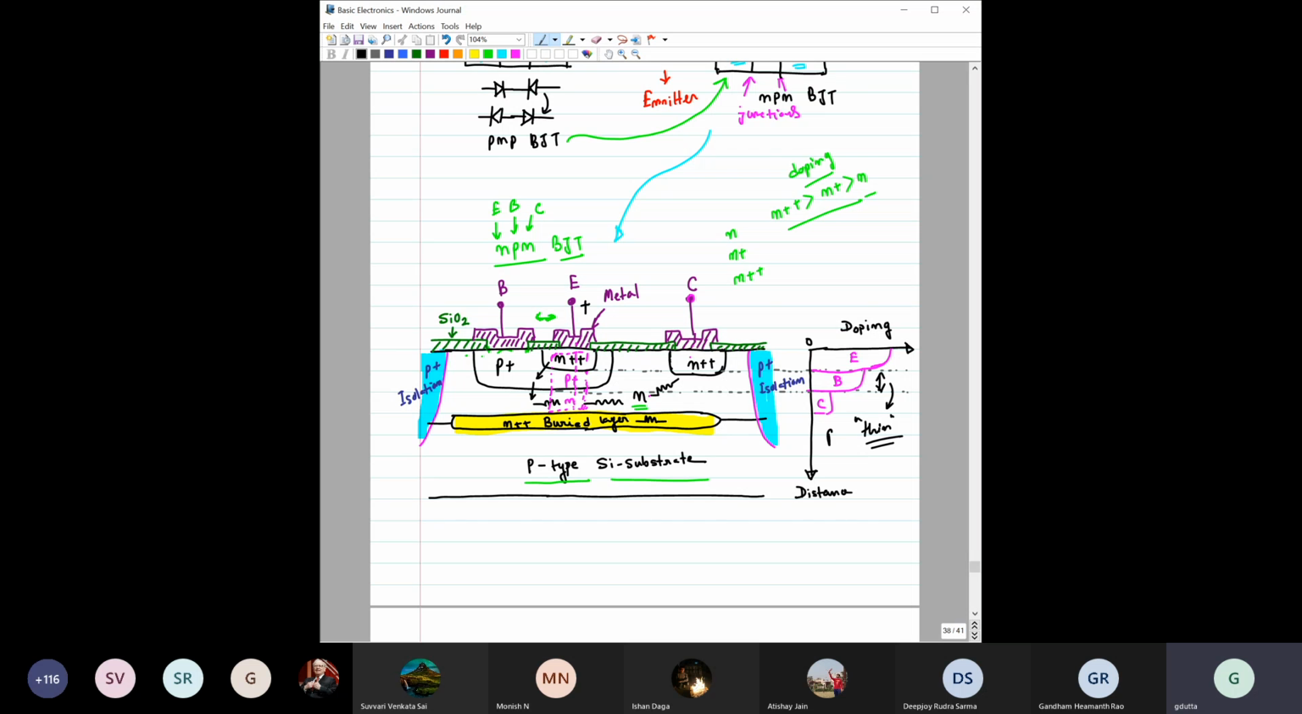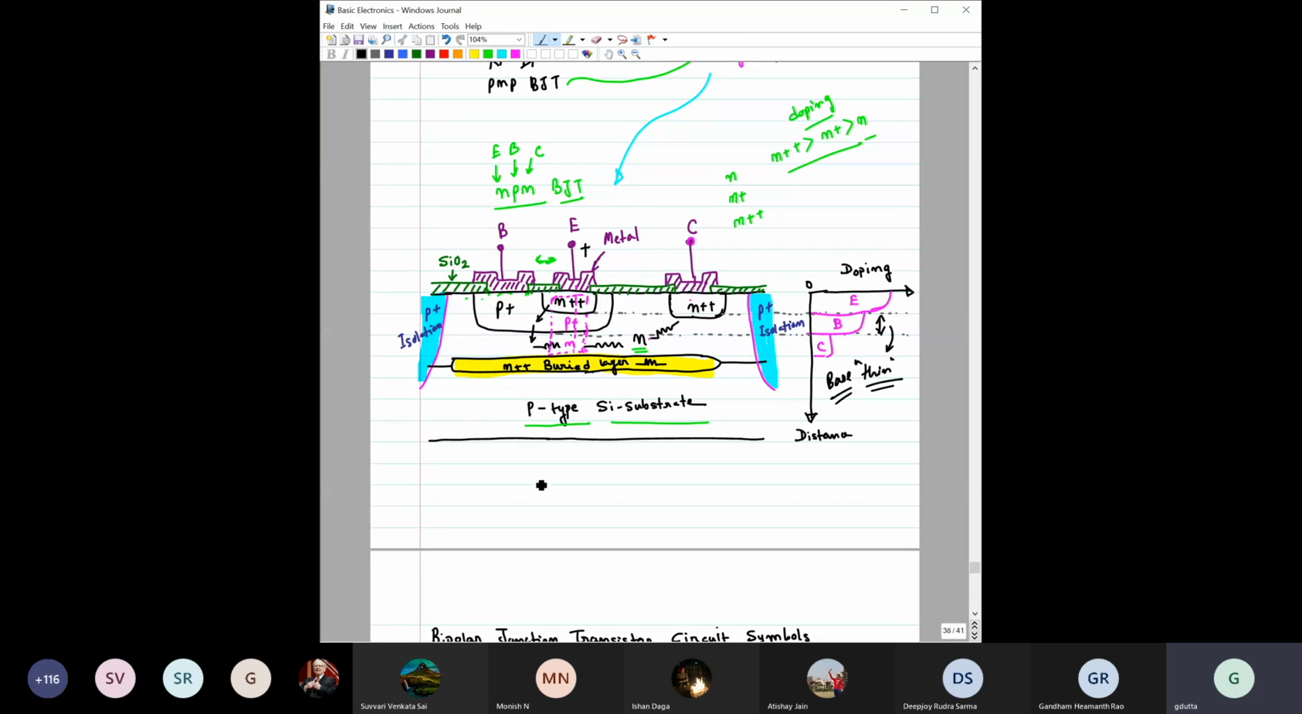Okay, so remember that this base has to be very thin. If the base is not very thin, then you will not get the transistor action. So even though we are drawing the structure like this, N P N, these bipolar junction transistors are actually not electrically symmetric, right? You will understand that better once we explain the operation,